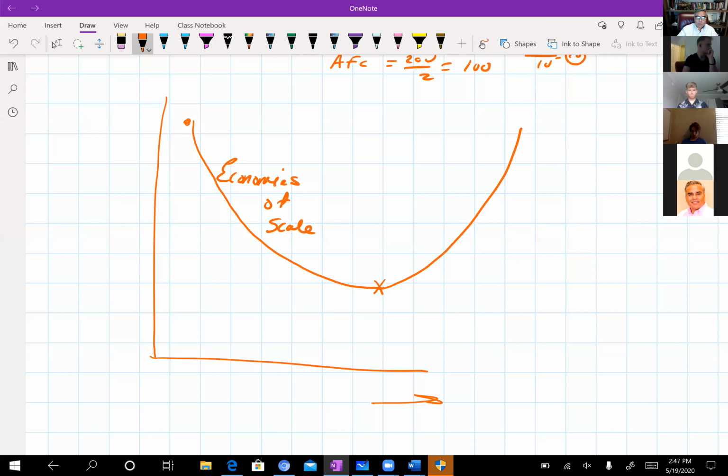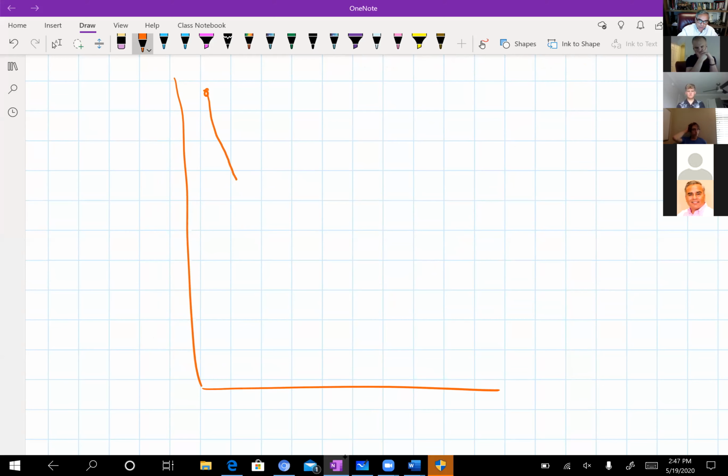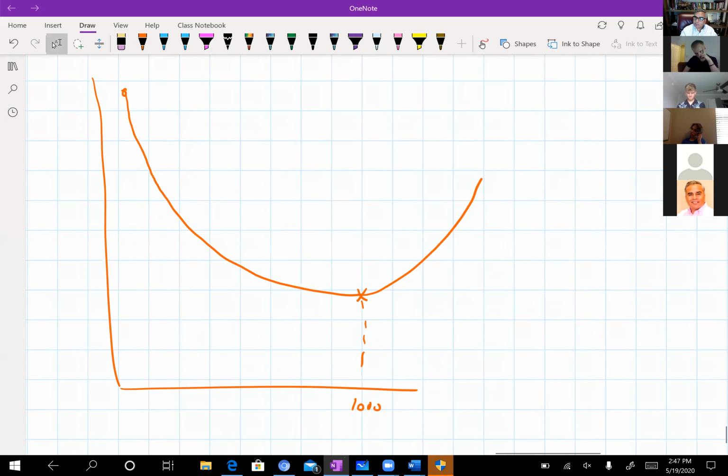So again, we're trying to understand how cost of production looks. Let me repeat that. At the beginning, the cost of production is very high. But as you begin to make more and more units, on the average, your average cost of production begins to decrease. Then it reaches the lowest point. Then if you pass this level of production, let's say you pass 1,000 units, on the average, your cost of production begins to increase. So we say that companies tend to experience